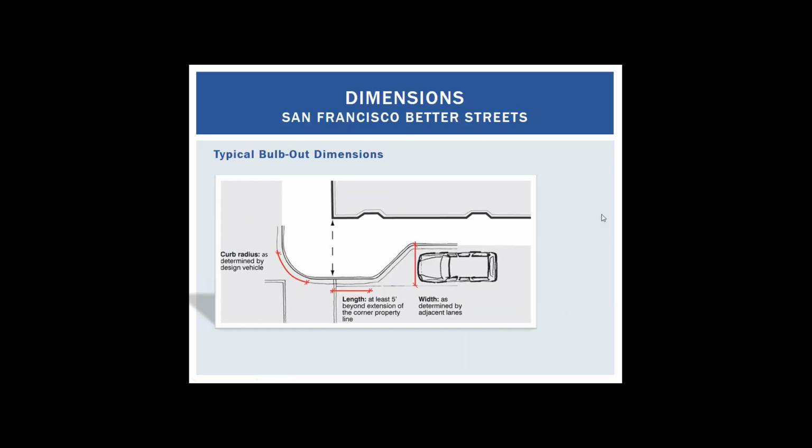Here's San Francisco. Better Streets, typical bulb-out dimensions. The curb radius, again, as we talked about, is determined by the design vehicle. And again, like your emergency vehicles, many of the people that are delivering to your community, even if it is a long truck, for example, the 53-foot trailer,